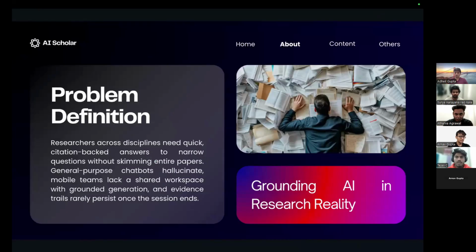So our problem statement is that researchers have to waste a lot of time skimming long multilingual papers to answer narrow questions like what loss function was used, how big was the dataset, what were the limitations. General LLMs hallucinate or miss certain domain-specific information, and vanilla search doesn't help to summarize or